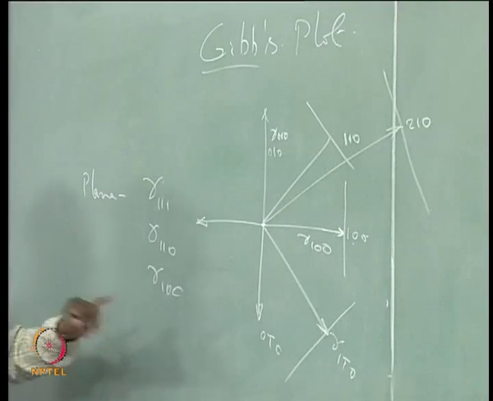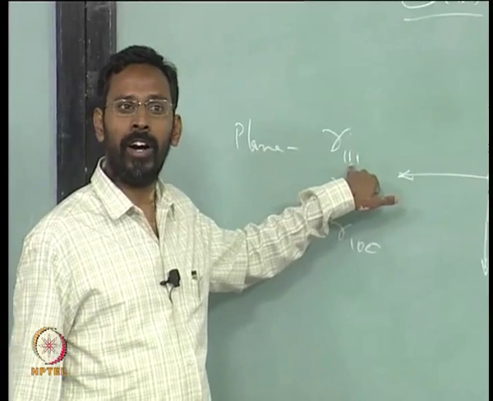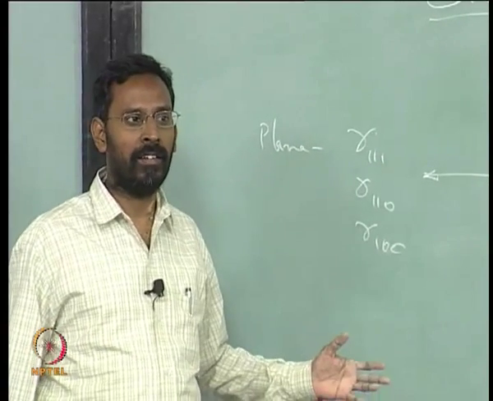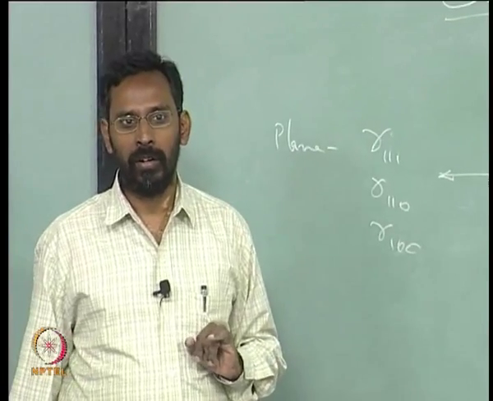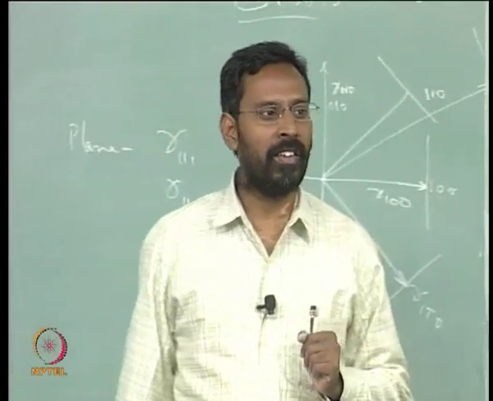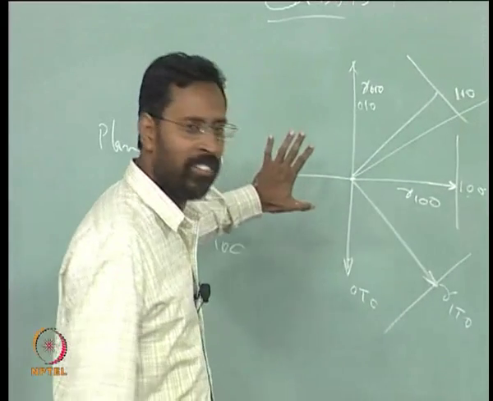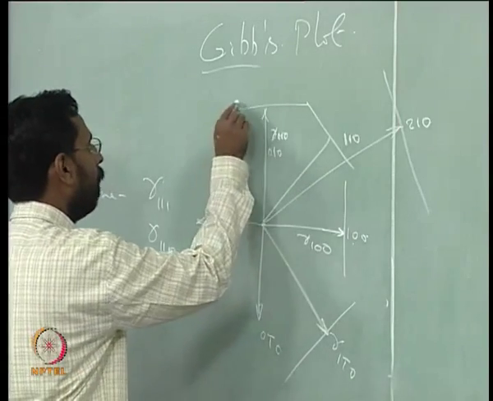If I know for a particular structure, gamma of 111 for an FCC will be different from gamma of 111 for a BCC. For a given structure I need to calculate these values, because the 111 plane in an FCC is different from the 111 plane in a BCC; their packing factors are different. So for a given structure, if I can calculate these things and do this, then I can find out a particular